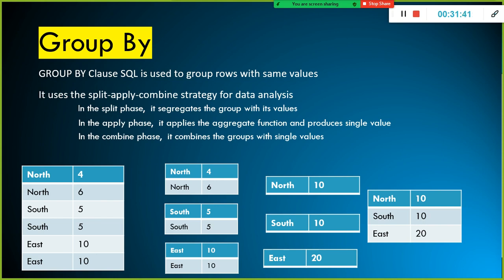Now you want to find out, hey, I don't want the detailed itemized values. Instead, I want the consolidated sales for each region. You just give me an output like this: north how much we sold, south how much we sold, east how much we sold. Don't tell me yesterday we sold this much, today we sold this much. I don't want that detailed information. I want the aggregated information.